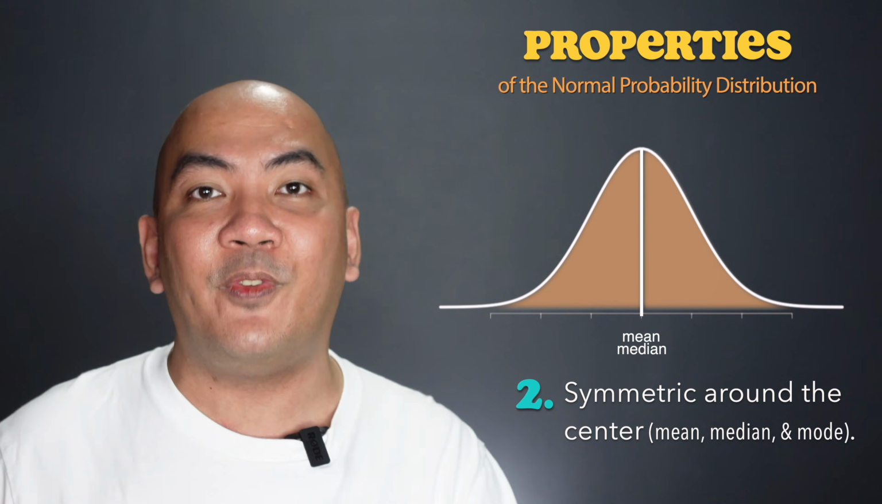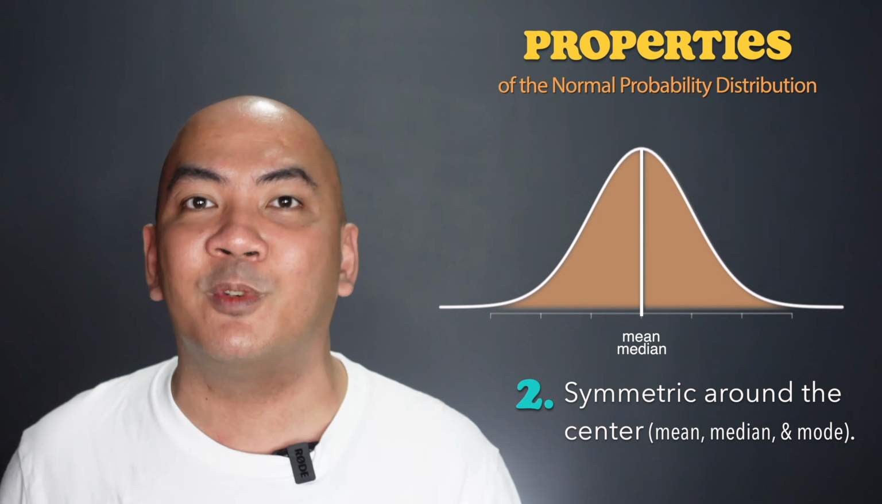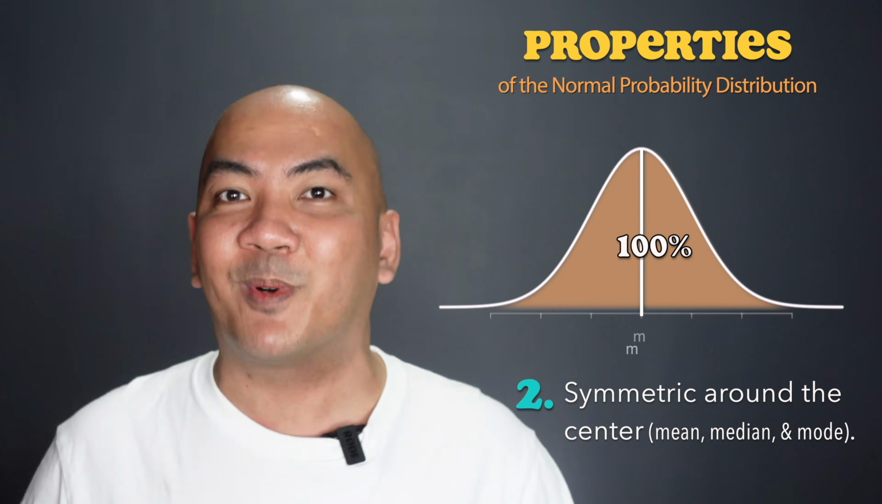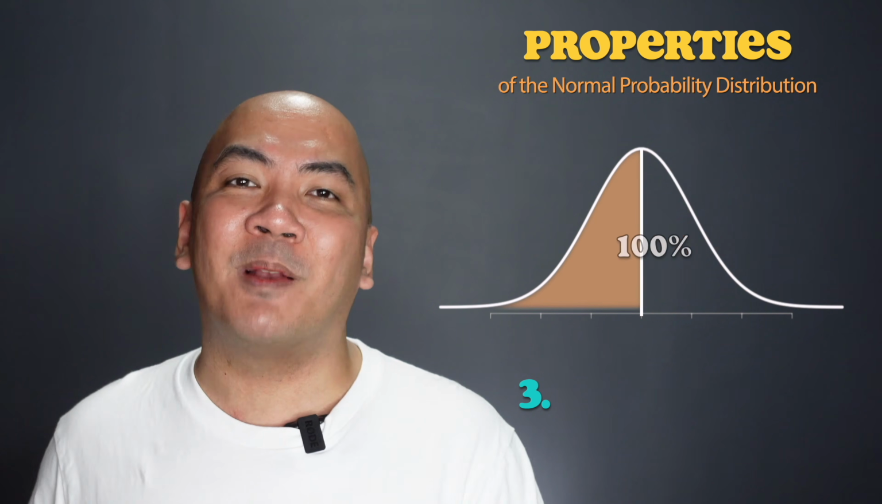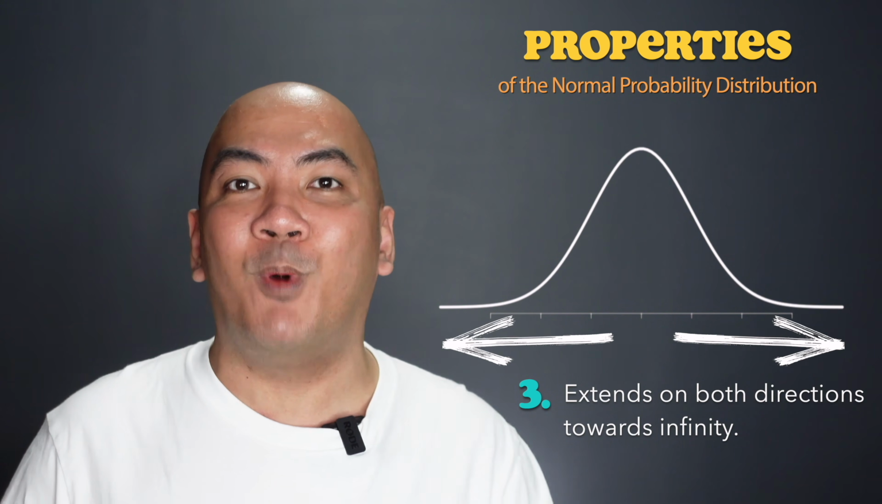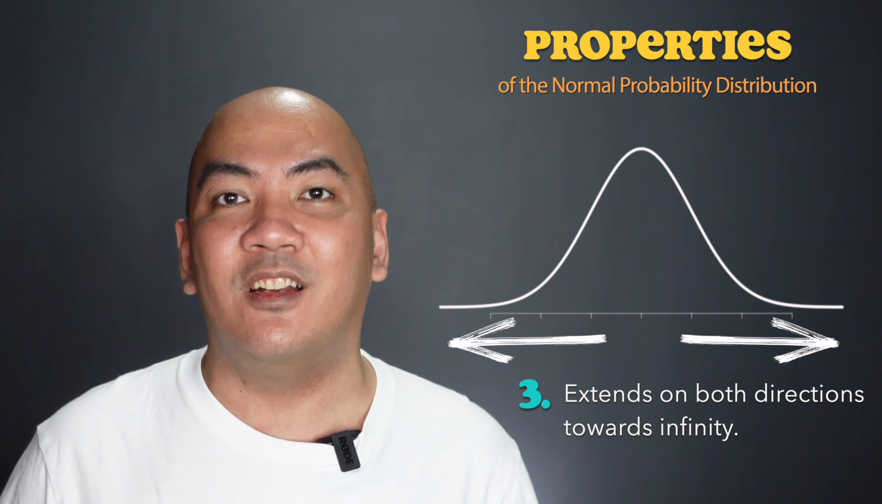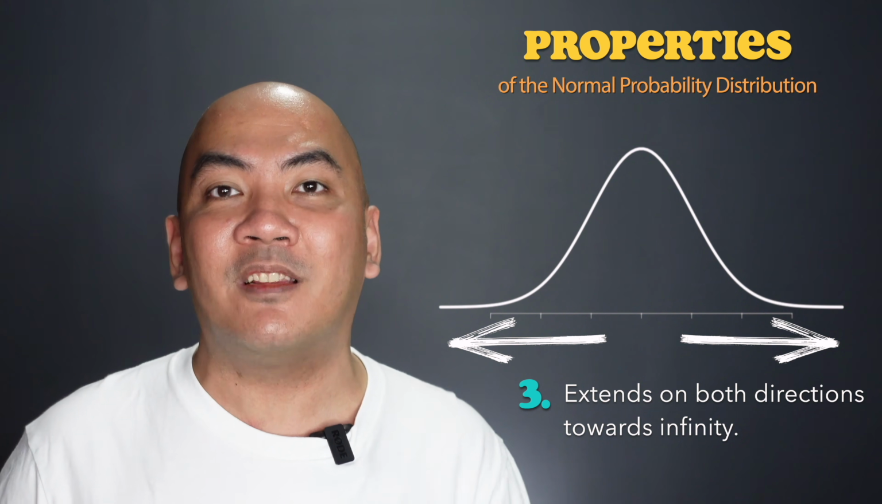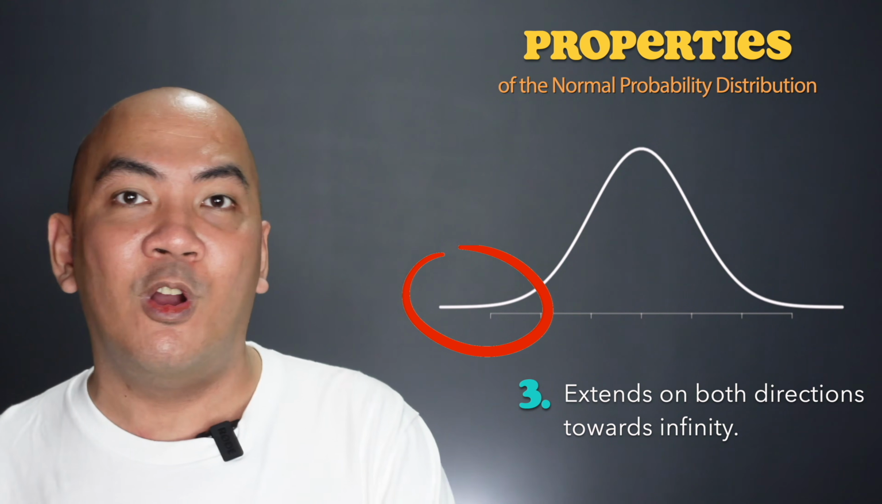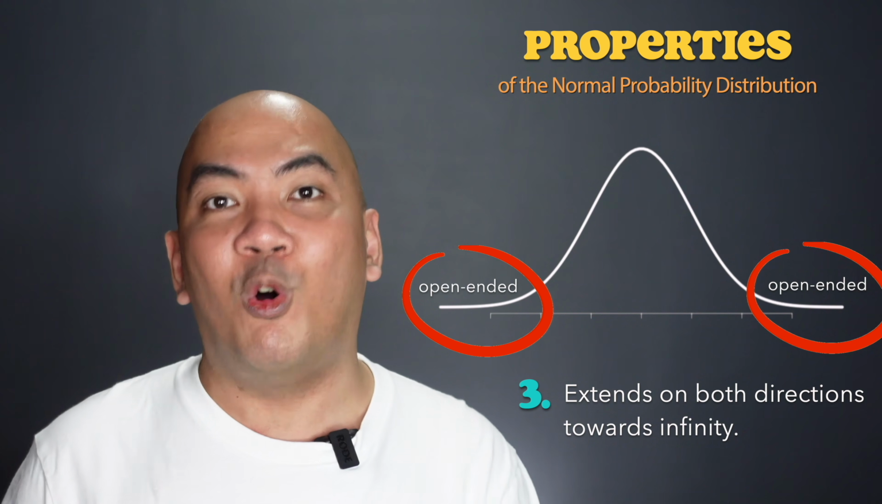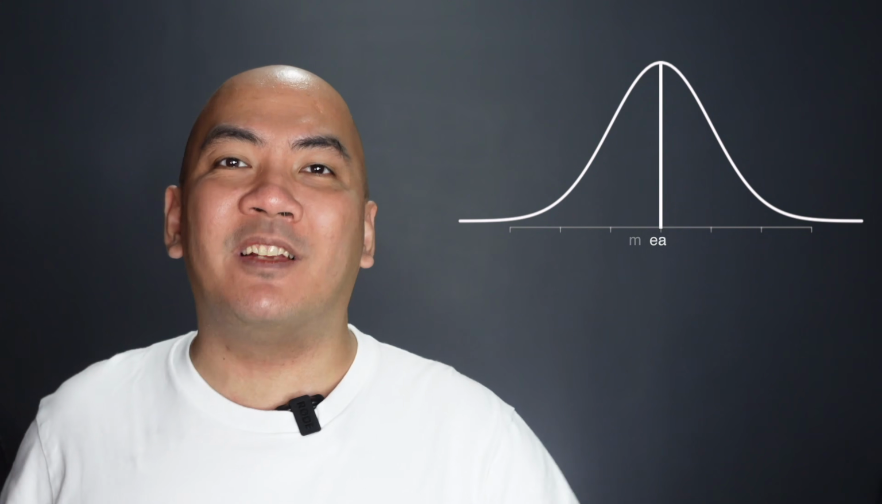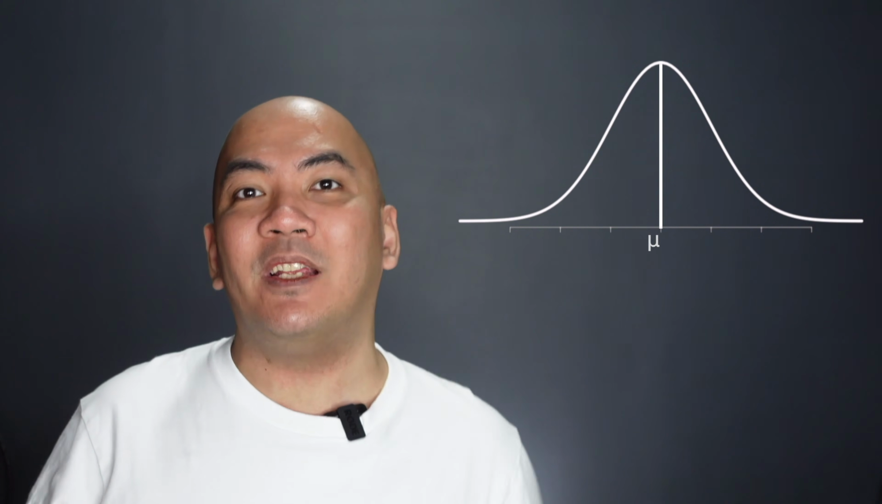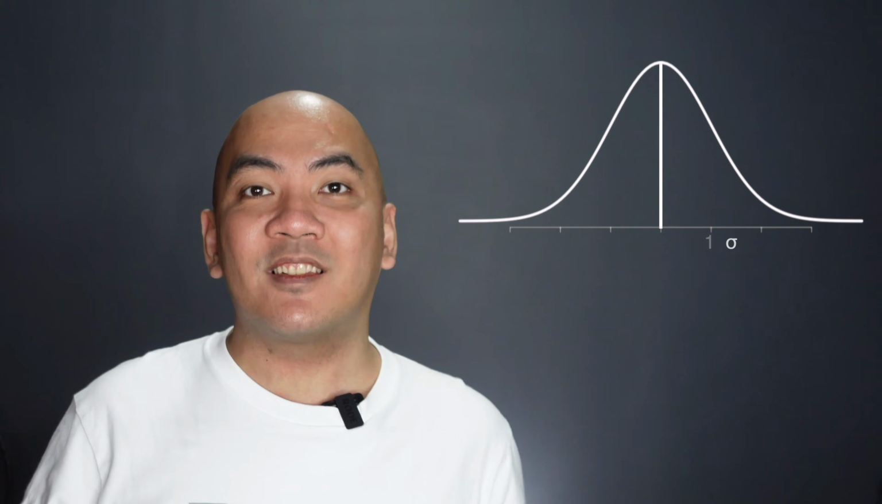And as we can see in the figure, obviously, the normal probability distribution has a total area of 100%. Consider that the normal probability distribution extends in both directions towards infinity. Or in other words, the tails of the normal distribution, be it on the left or on the right, are both open. In the normal probability distribution, wherein the mean is in the middle of the distribution, one standard deviation